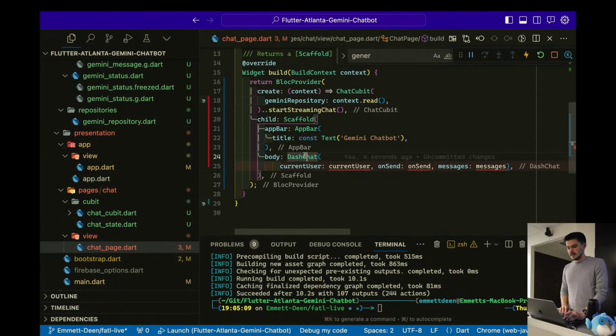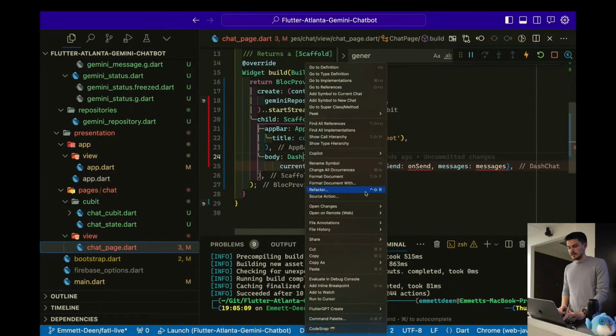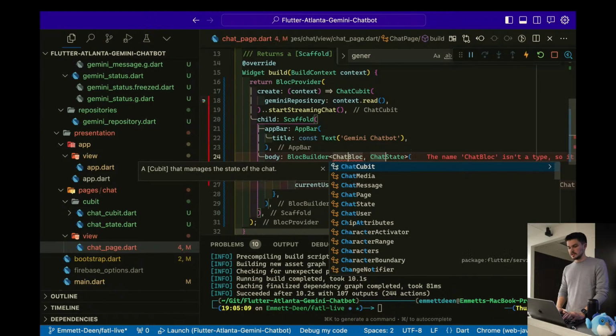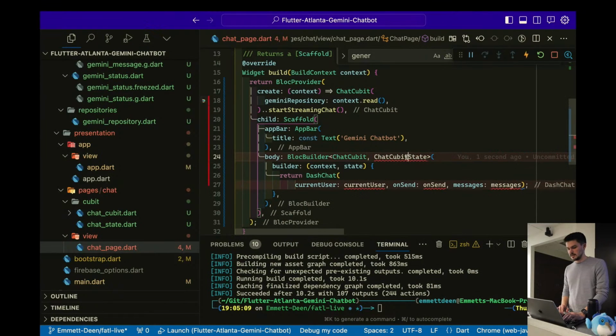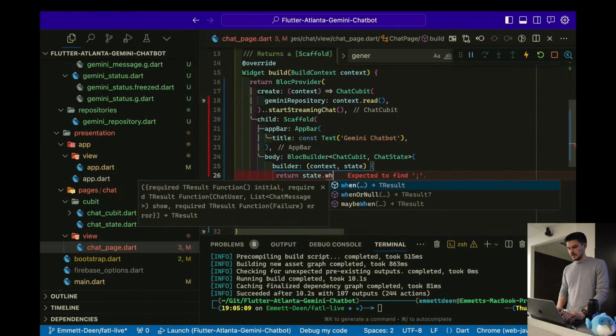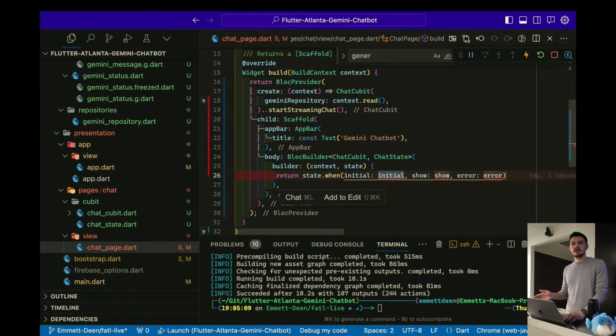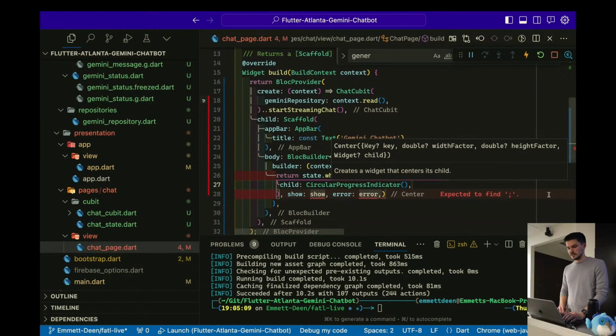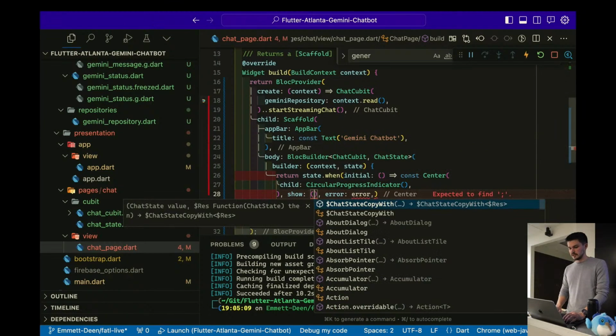Next, the dash chat actually needs to be wrapped in a block builder. So we'll go ahead and set up this block builder. This is going to go off of the chat qubit and the chat state. We'll actually get rid of this for just a second. We'll type return state.when, and then it's going to pre-populate all of the states that we set up, and these can just be methods. So initial, we're just going to center a circular progress indicator, just a little loading state. For show, this is where we're going to